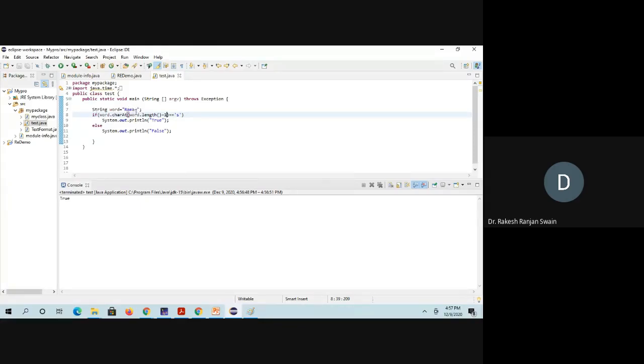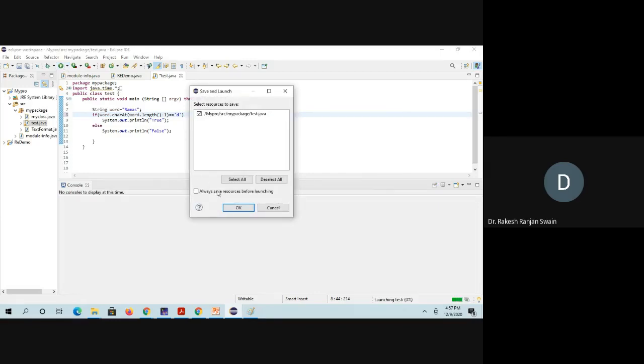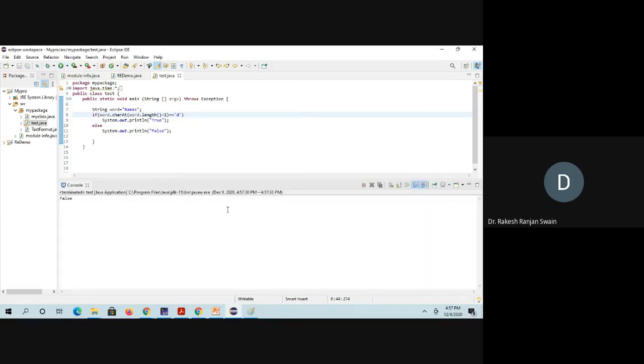So at the 4th index, it will be 's'. If it is 's', it is true and the statement prints true. If it is not, then it will be false. Suppose here I am giving another letter, suppose 'D', and check it. The last character is not 'D', so it will print false. So in this way you can test the value of a string character.